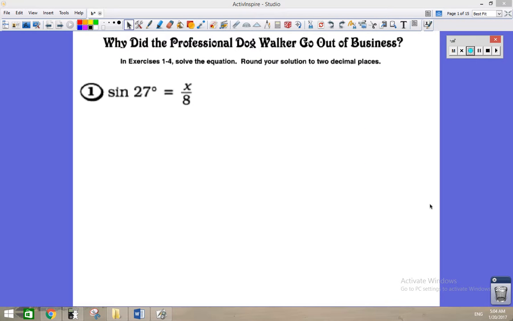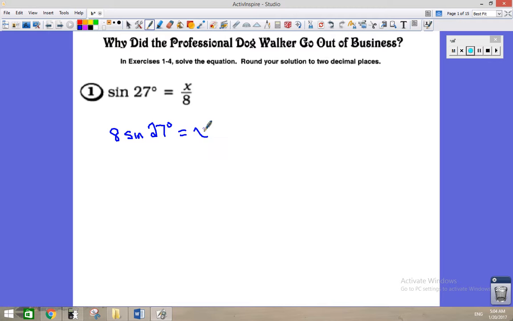All right, so let's take a look at these. I think they refer to them as algebra with pizzazz. These problems are a puzzle in nature. Here we're just solving for x. So the inverse of division is multiplication. So if we multiply both sides of the equation by 8,